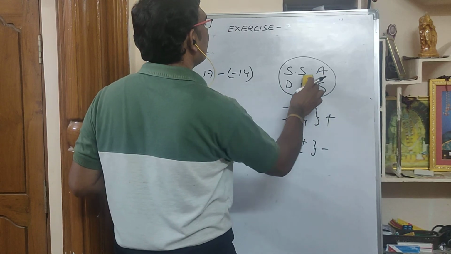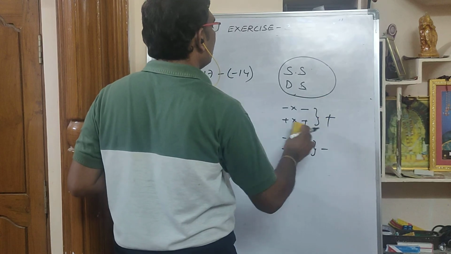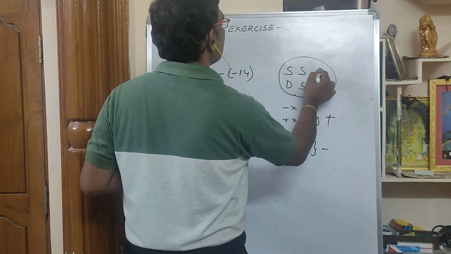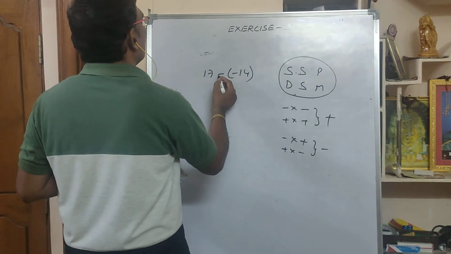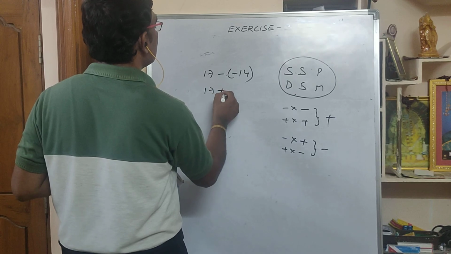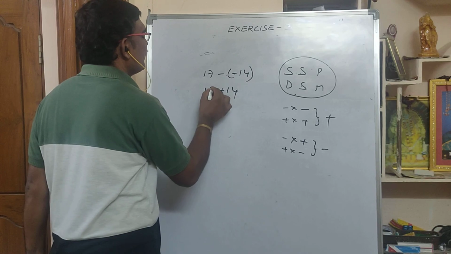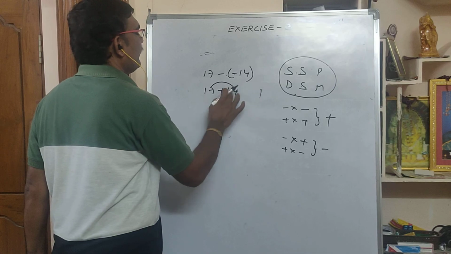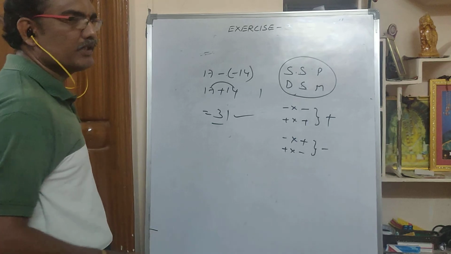Okay. So how means again same. Same symbols if you multiply, plus will come. Different symbols if you multiply, you will get a minus. Plus minus. Same symbols multiply means plus. Different symbols multiply means minus. Now minus into minus. Same symbols or different symbols? Same symbols. So 17 plus 14. So how to add 17 plus 14? First the units place: 7 plus 4 is 11. 1 carry. 1 plus 1 plus 1 is 3, so 31. Okay. Normal addition you can do it.